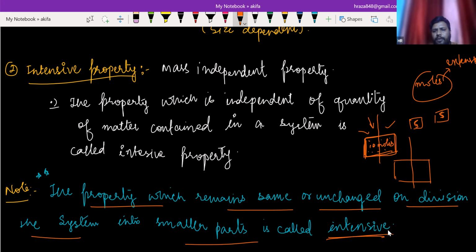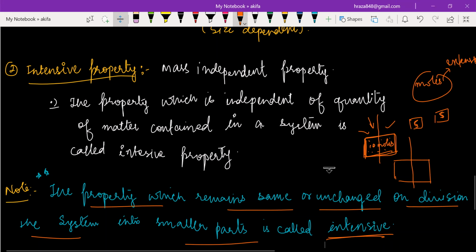We will take examples of everything, intensive as well as extensive. You will have to recognize it and write it in brackets, whether it is I or E. Please write it. Done. You are very good.